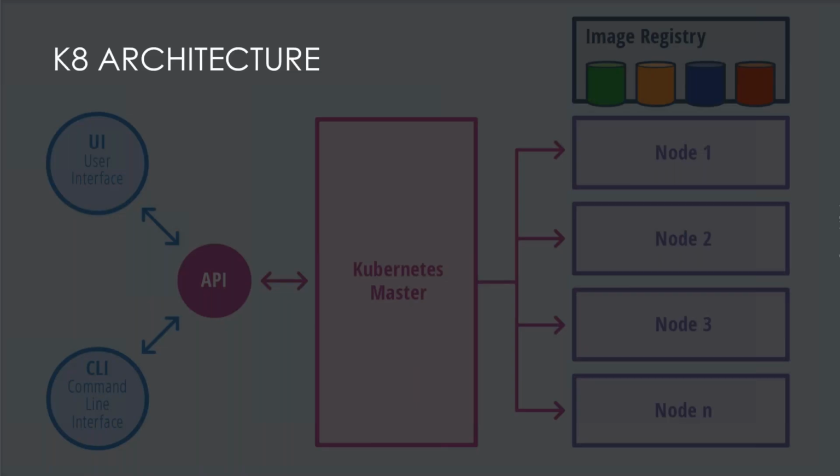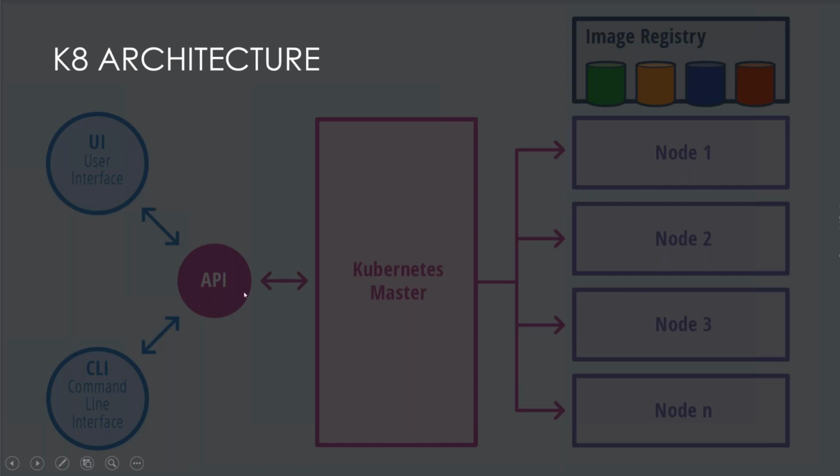So the Kubernetes architecture is like this. You will have a master node and you have some host servers. In node 1, node 2, node 3, in all these nodes you have your Docker software installed and you are running these containers. You cannot interact with these containers directly. Whatever you want to do, deployments or increasing replicas, you communicate to the master. So the master takes care of all these things.